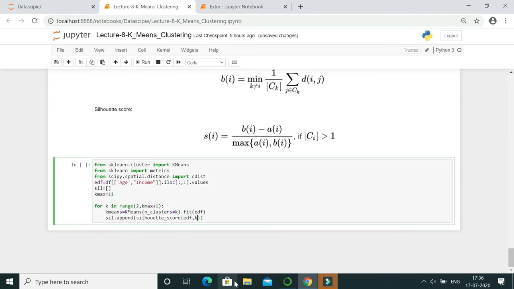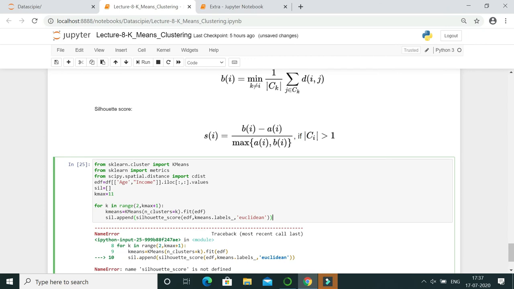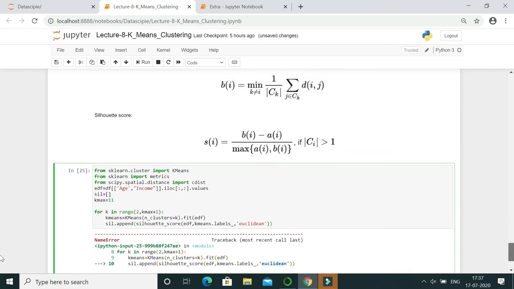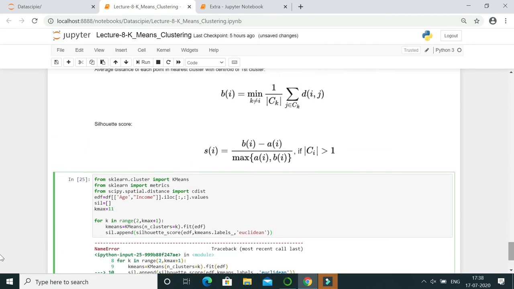So for that, kmeans dot labels underscore. Then with the distance methodology we have to utilize Euclidean. So just put Euclidean. Oh, we are getting an error. What is that error? We had not defined the silhouette score. So we have to import silhouette score from sklearn dot metrics.